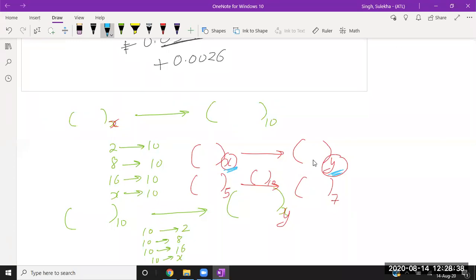So in the subjects related to digital communication, digital signal processing, microprocessors, microcontrollers, or digital electronics, you basically need to deal with binary, octal, hexadecimal, and decimal numbers. But whatever concept I have given you, you can apply in any base. Is that clear? These are universal methods, and by gaining the knowledge of these methods, you can convert any base to any base.